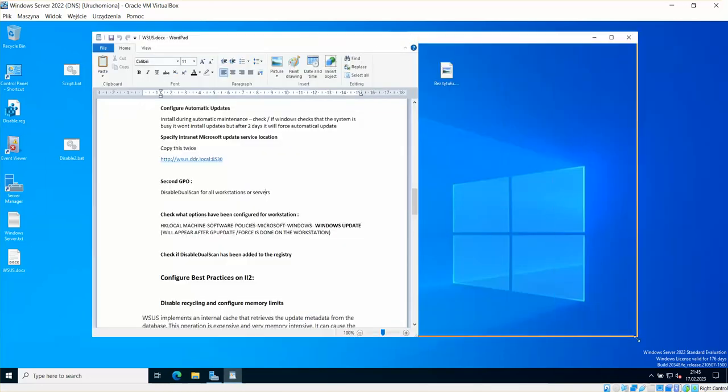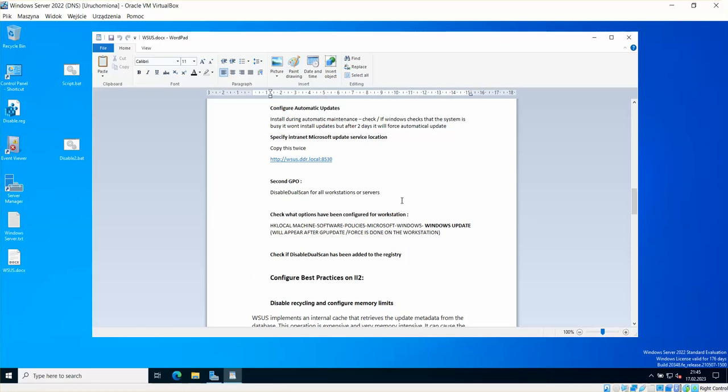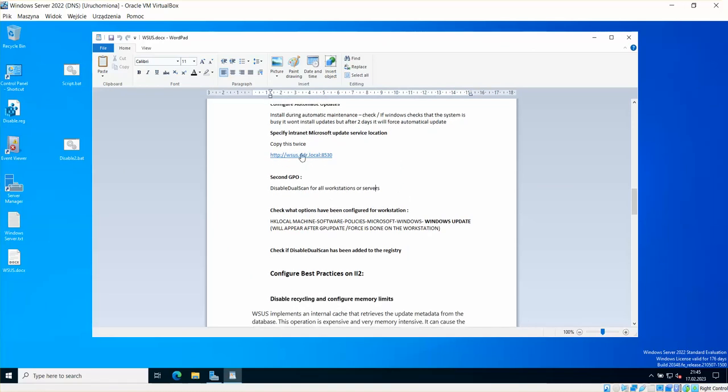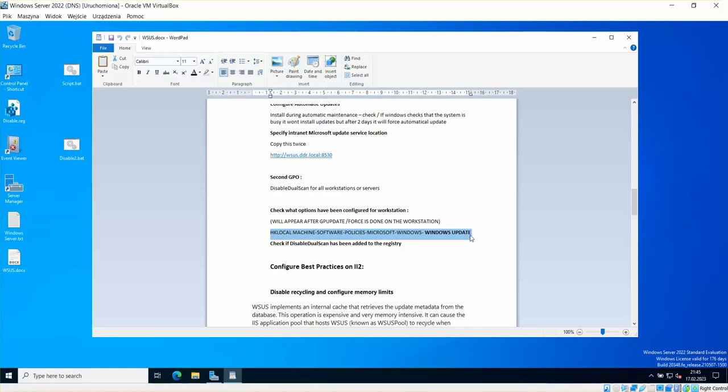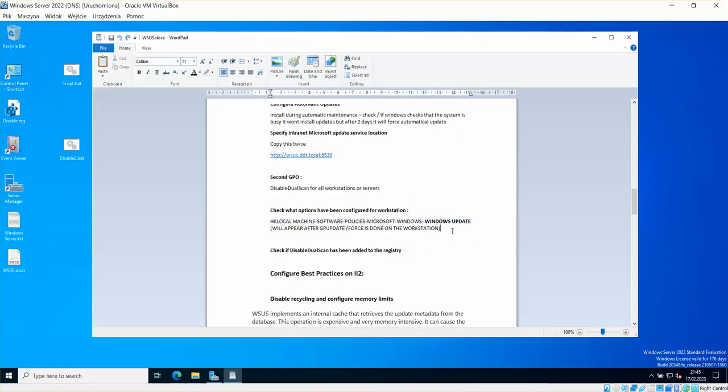So as a next step, after creating all of those things, you can check what options have been configured for workstations once you actually add a workstation to WSUS. You can go here to HK Local Machine, Software Policies, Microsoft Windows Update, and this Windows Update catalog should appear once you add your workstation to WSUS,